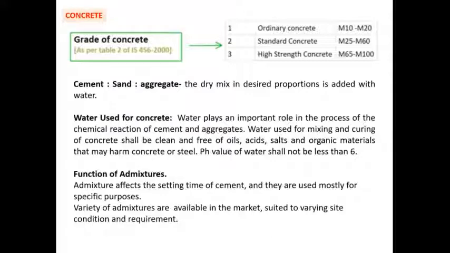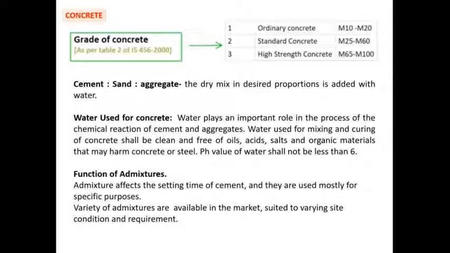Okay. Now we move to one more important part, which is admixture. Admixtures are basically additives which are added to speed up the process of a concrete setting, or to strengthen the concrete itself, or to add the properties of damp proofing or water resistant properties to the cement concrete. Okay, so basically admixtures are catalysts which help you enhance the performance of cement concrete or enhance the process that